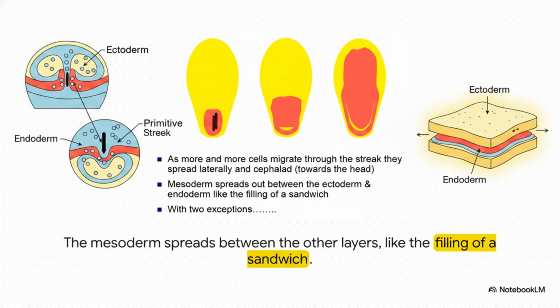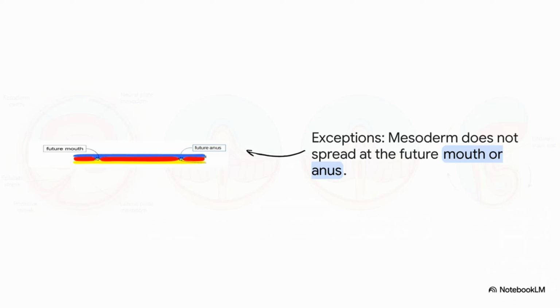They move both laterally, off to the sides, and cephalad, towards the head. The new mesoderm layer just spreads out between the ectoderm and endoderm, acting exactly like the filling in a sandwich. But there are 2 really important exceptions to this spreading. At the cranial end, the head end, the ectoderm and endoderm stay fused together at a spot called the oropharyngeal membrane. This is going to become the future mouth. And then similarly at the caudal or tail end, they stay fused at the cloacal membrane, which marks the spot